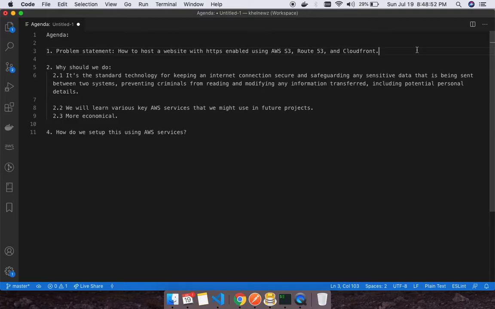Let's say you wanted to host a website at a minimal cost, right? If you look at the third point, I have mentioned more economical. And what does this mean? This means that I've used the AWS free tier, which comes with a one-year free plan and has limited services. It will provide 8 GB total hard disk space, 1 GB RAM, and some services with limited usage.